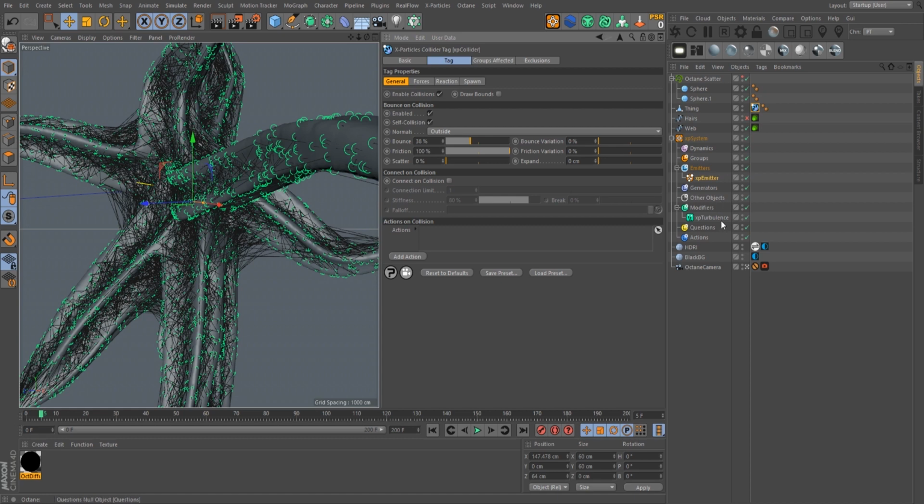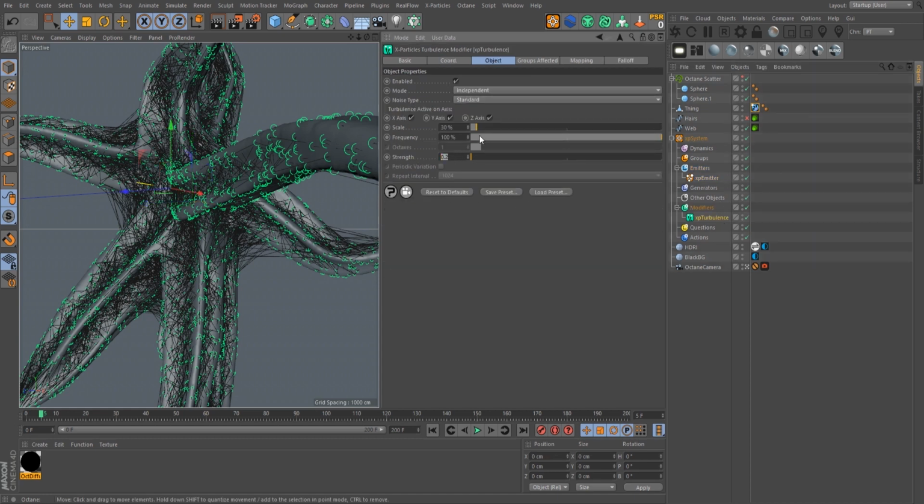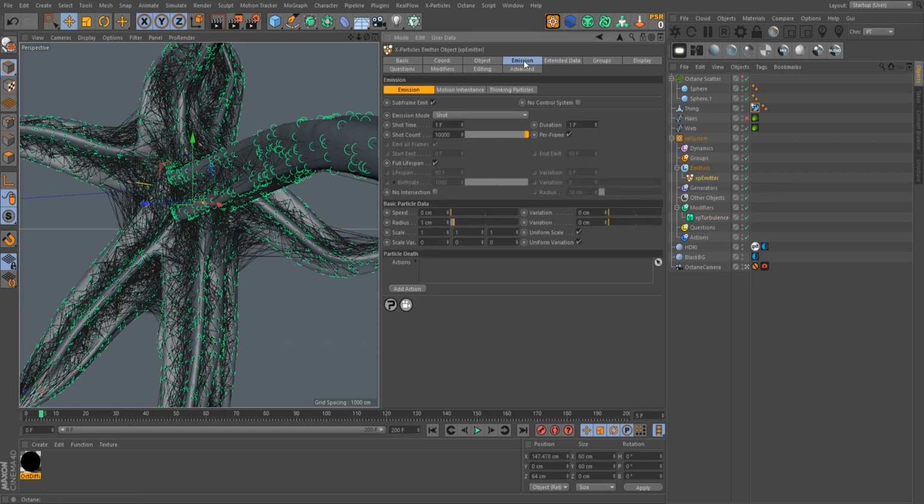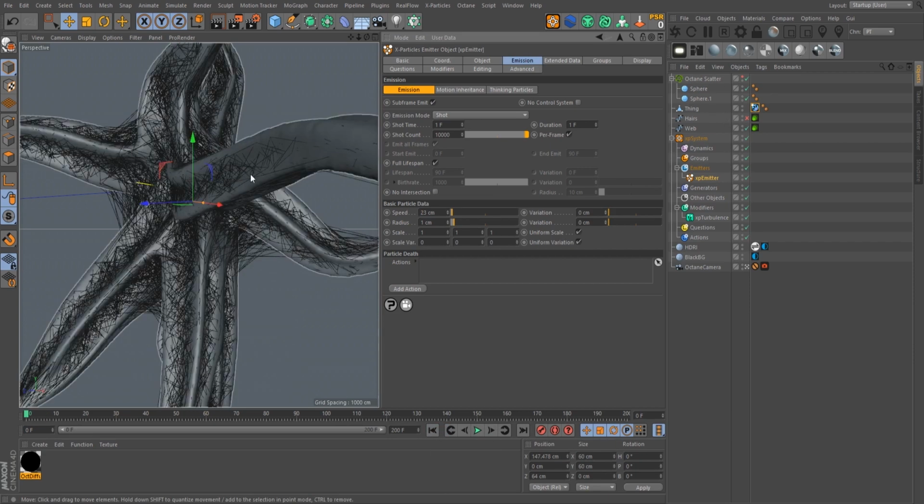So we can also have that on shot. We can change our turbulence back up to strength of 5 and scale of 100. And our emitter is still set to a shot of 10,000. That might be fine. Let's do a speed of 23 for now. Let's see how that looks. And see, all of our other stuff is now just there, and so we don't have to worry about it, which is great. So let's hit play,